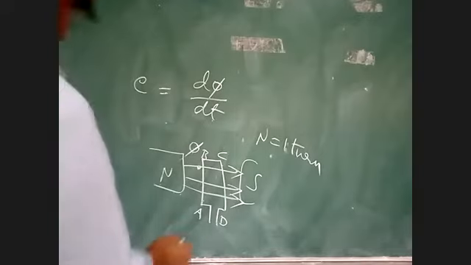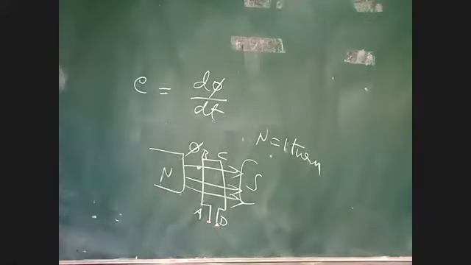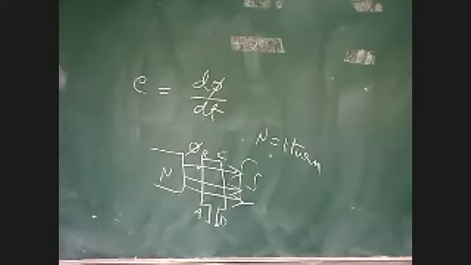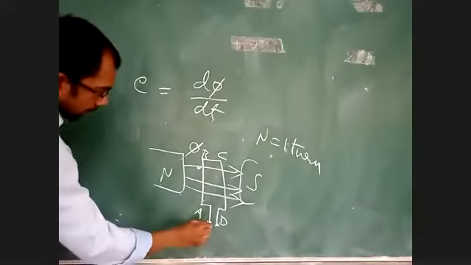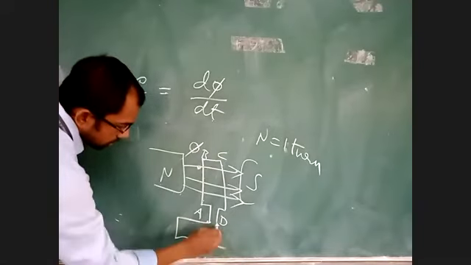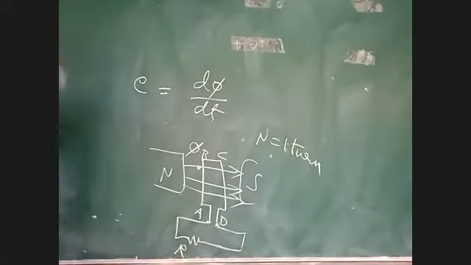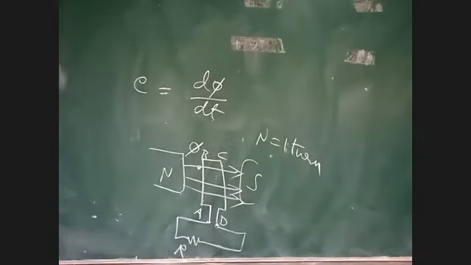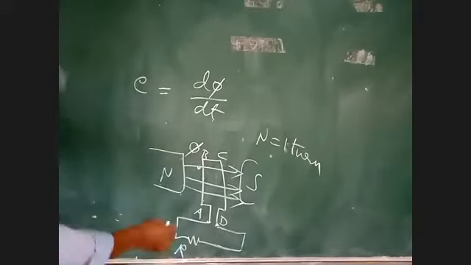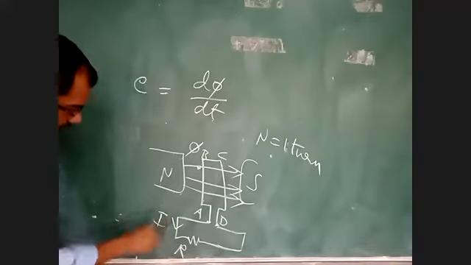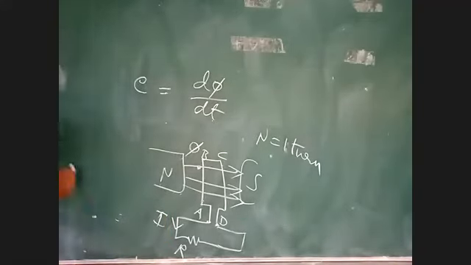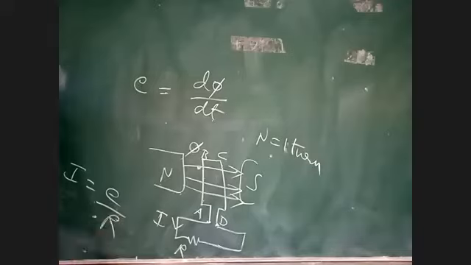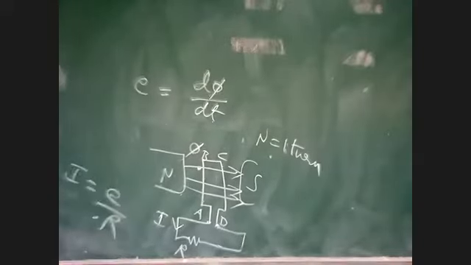Here, open circuit is this. In between A and D, open circuit is there. Now, what is the current in the open circuit? 0. Now, how will current flow? See here. I am connecting one external resistance, load. I am connecting one load in between A and D in the open circuit. Now, closed path is created for this coil. Then current will flow. I is equal to voltage by resistance.